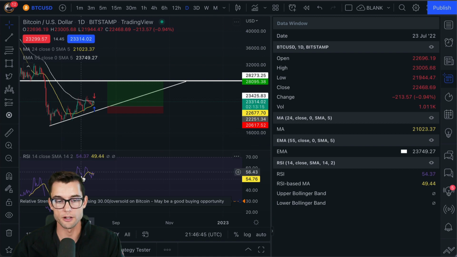So right now we have the RSI on the screen, and you can see that the RSI is 61.47, and the RSI-based MA is 46.06. You can see that up here as well. So the data window: